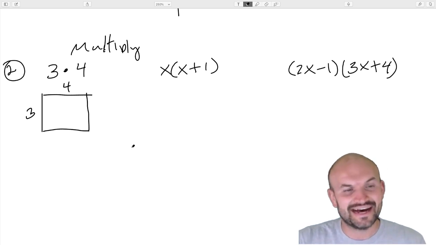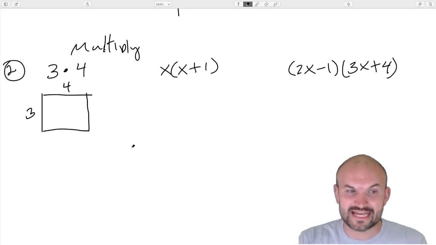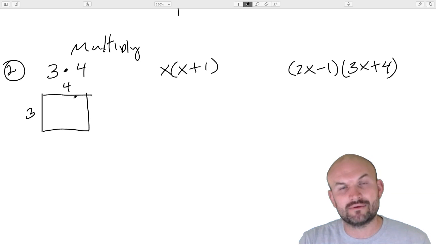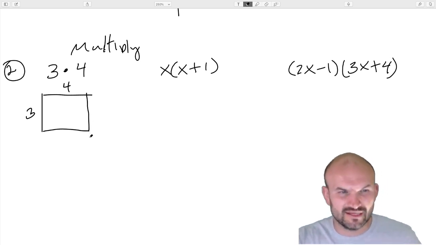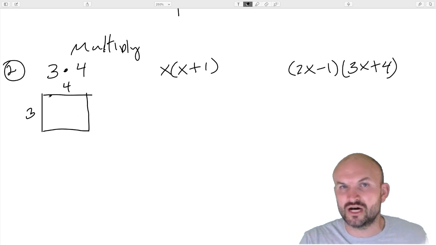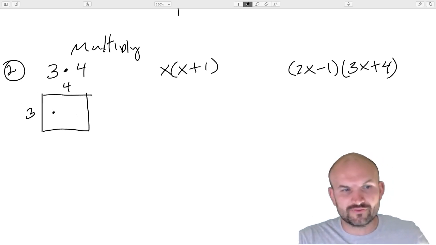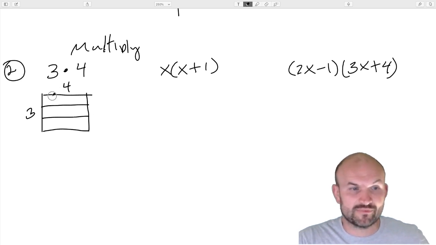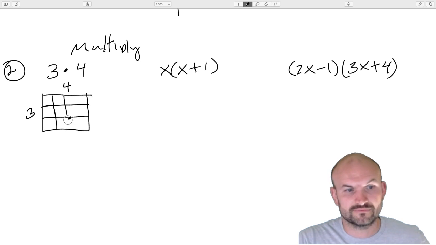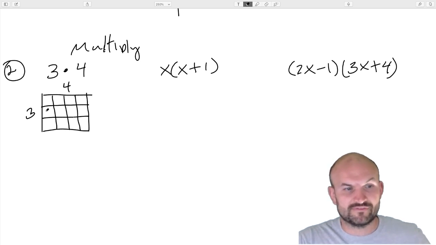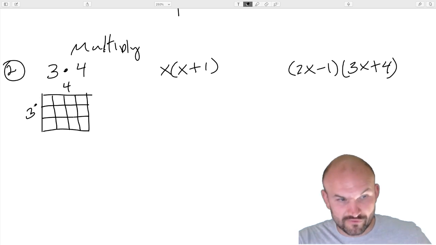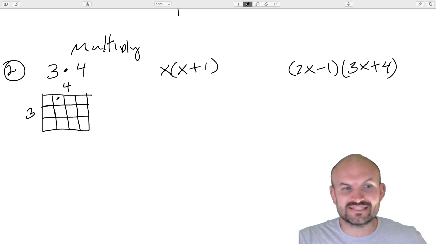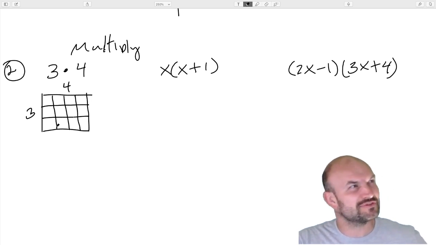Obviously, I did not. And then sometimes we also have looked at it as far as finding the area, right? Because if I had a length times width, we know that would give us the area. But sometimes it helps to understand how area fits in with the multiplication of two numbers. So if I had 3 here, we could call this 3 rows. And if I have 4 here, we could represent this as 4 columns. Okay, so I have 3 times 4. You could have 3 rows of 4 columns.